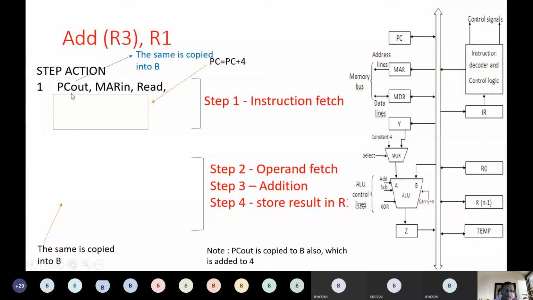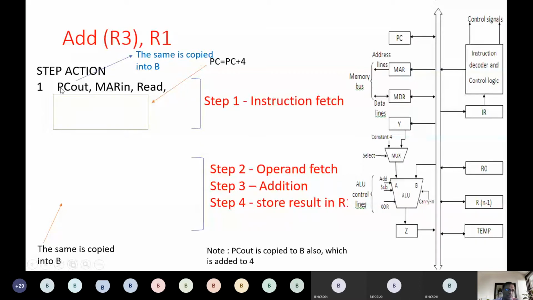So I already said that every register may have some control signals to control it, like an in signal and an out signal. So PC has an in signal and an out signal. When the out signal is set to 1, then data flows from PC. When we set the in signal of PC to 1, then data flows into PC. So in means input, PC takes input. When the out signal is set to 1, data flows outside, that is from the PC to the single bus, and from here it may flow to the memory address register.